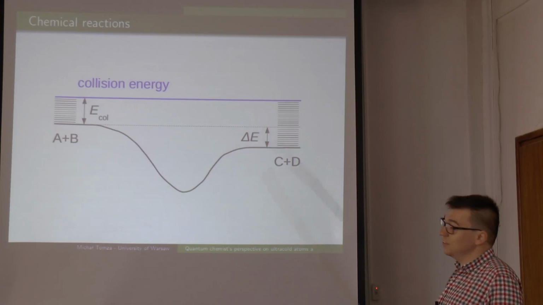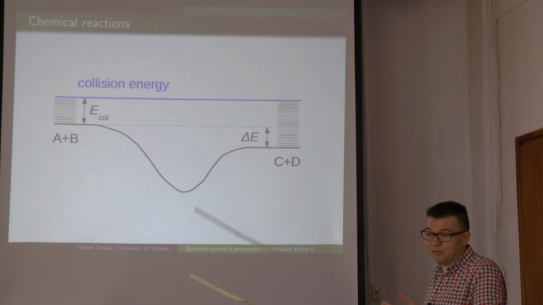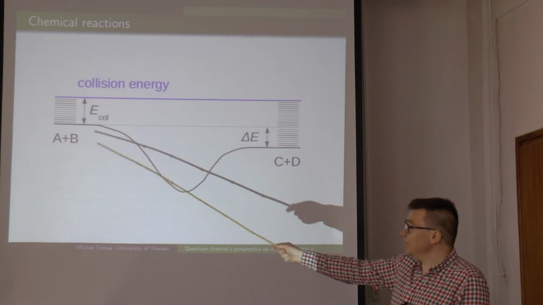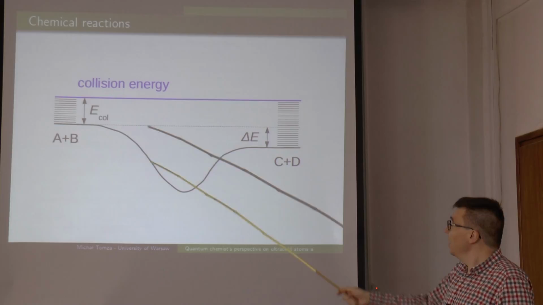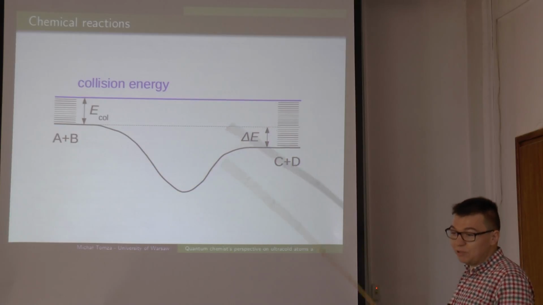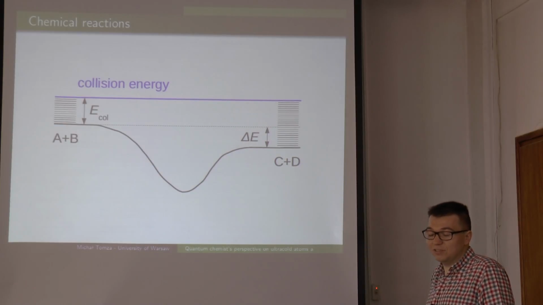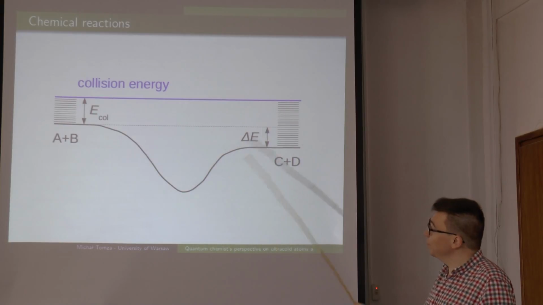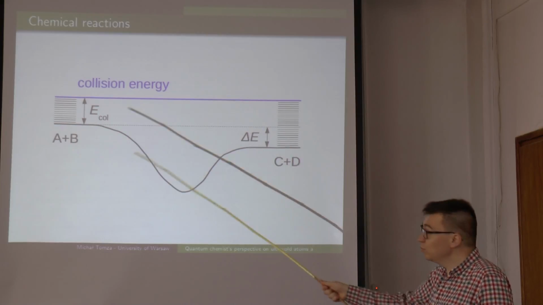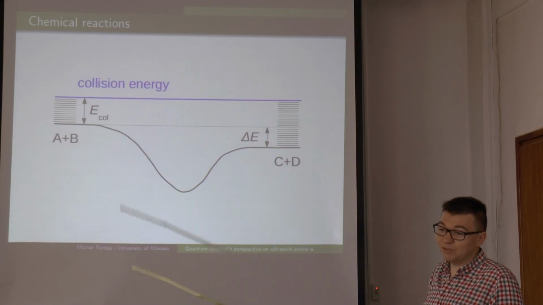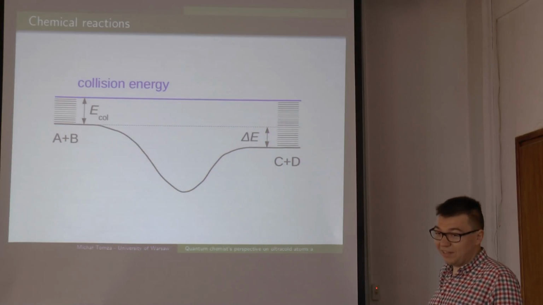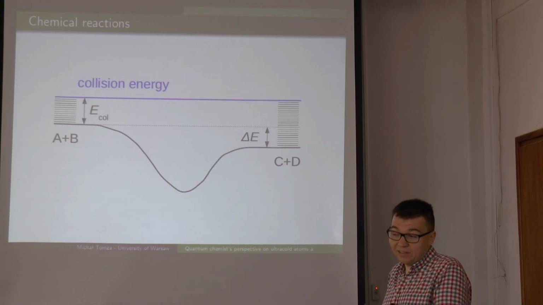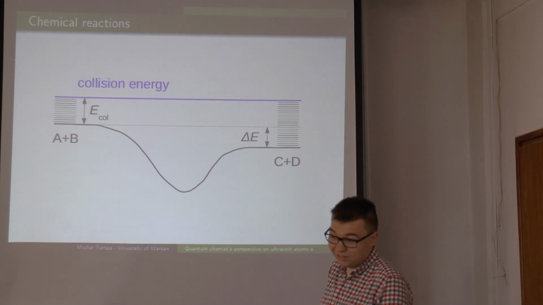So the dream for chemists, for organic chemists or any industrial chemists, would be to start from selective reactants, some chosen molecules, and then to produce the products in a very given quantum state. There is still no clear idea how to do it, but with ultra-cold reactions, maybe we can learn how to drive this transition from selected quantum states of reactants to selected quantum states of products, and then hopefully, for example, increase the yields of organic synthesis.